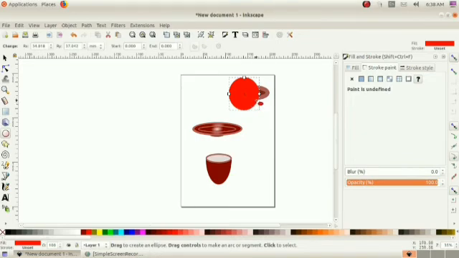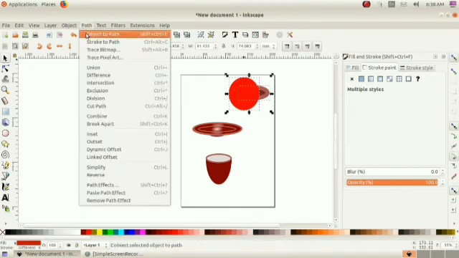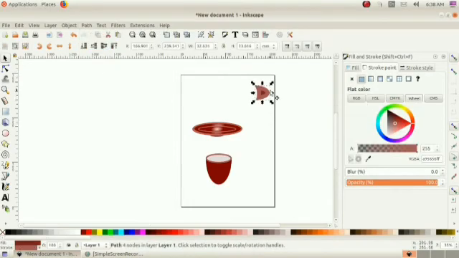What is the command? Use path difference. Okay, select both figures and use the option path difference. Okay. One more thing we have to note here, that remove the fill color within that inner circle.